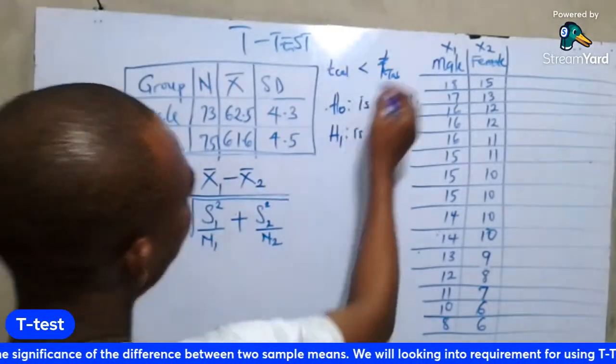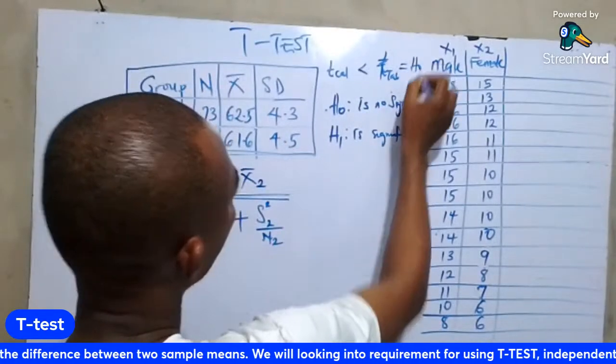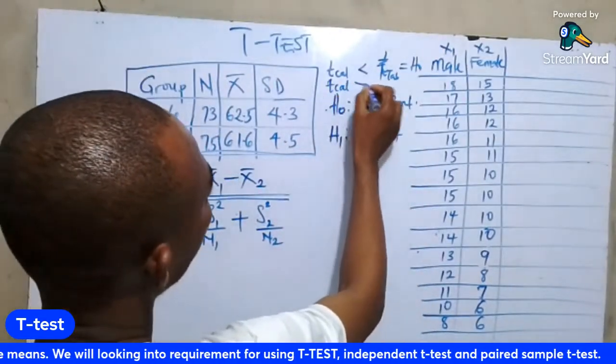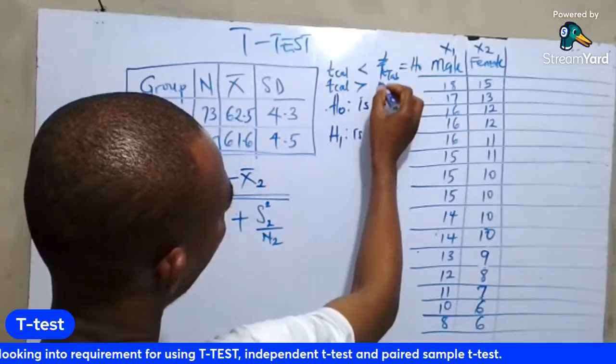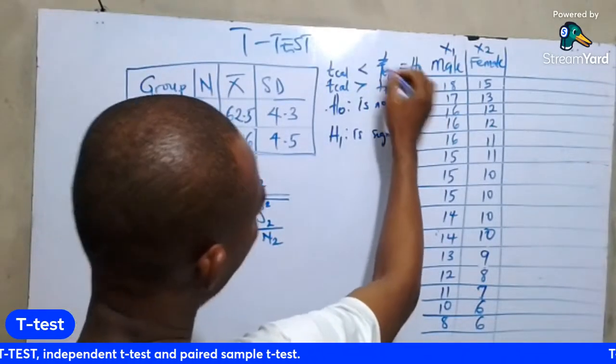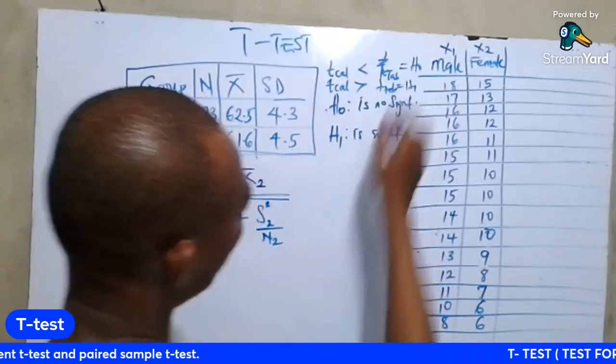But if it is greater, that means we go for H naught. But if the calculated is greater than the value we got from the table, then we take the alternative